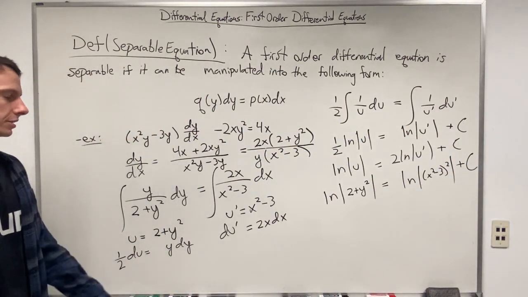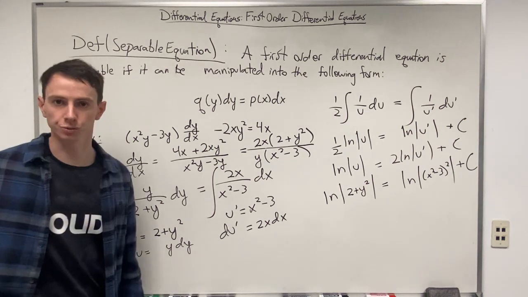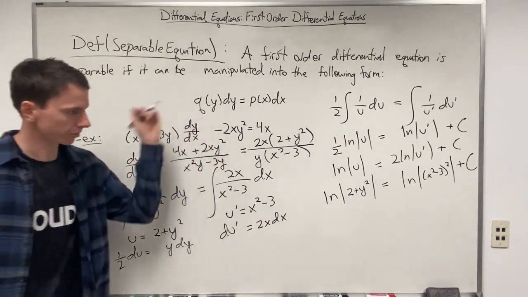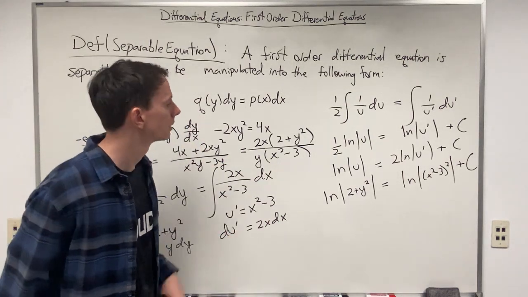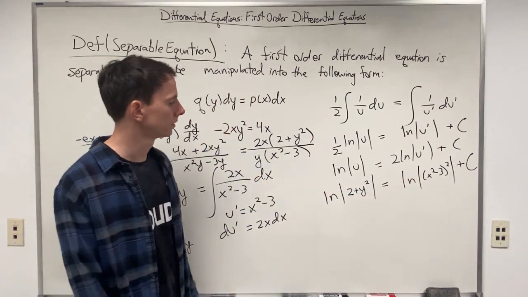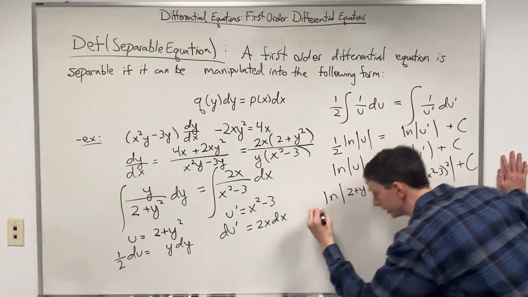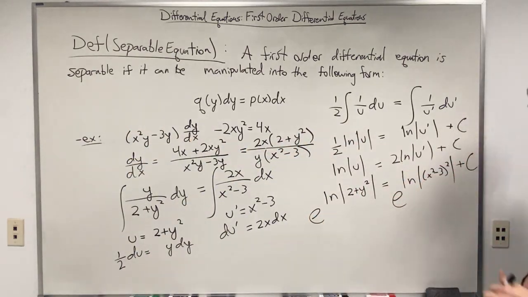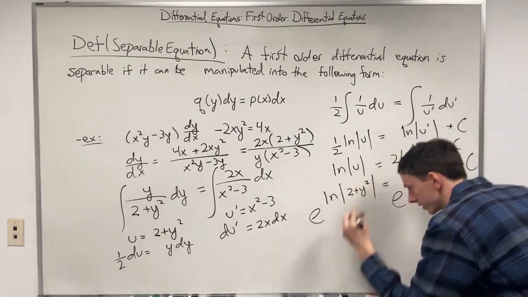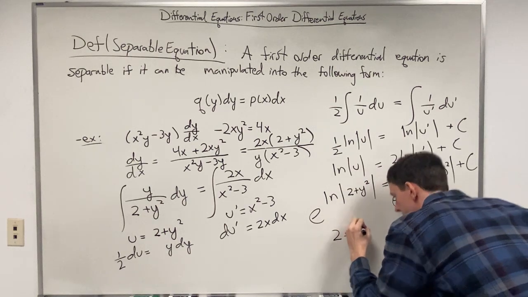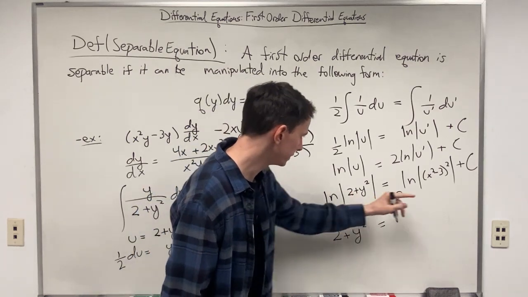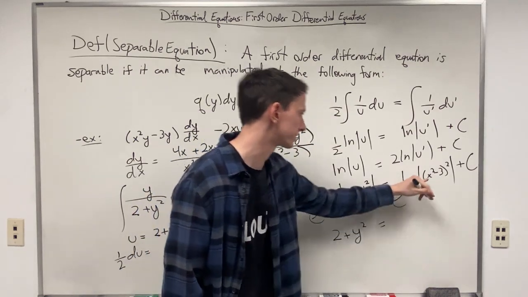And then at this point, it's just doing algebra, right? So I'll write out one more step, kind of like what Dexter does, but hopefully you can be able to solve for y of x from here. So you could take the exponential, or you can exponentiate both sides. So take e raised to that, and then e raised to this entire thing right here. When you take e raised to the left-hand side, the exponential and the natural log cancel out, and you're left with 2 plus y squared. And then on the right-hand side, you have e to the natural log of this thing, which is really just this thing,